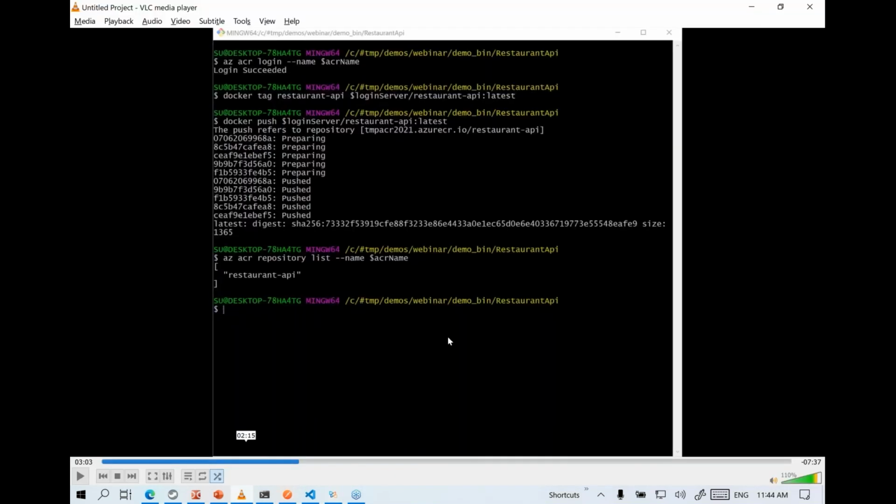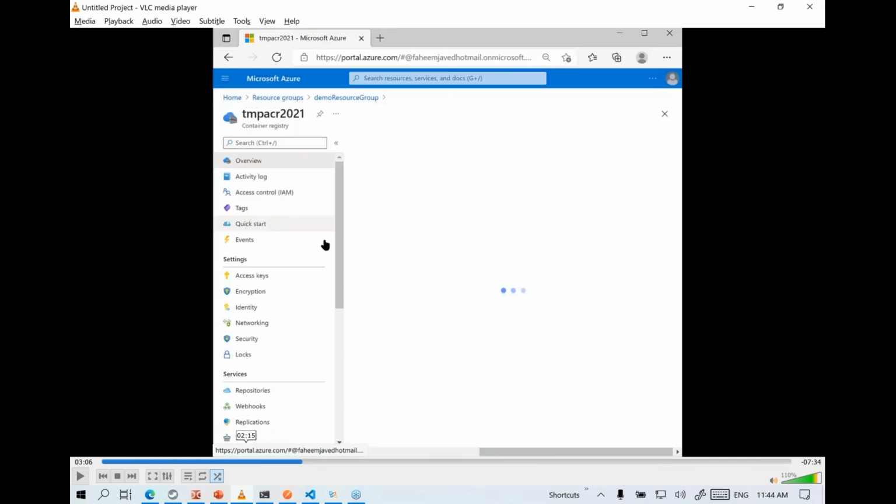Now, the images are available on Azure, but they are just sitting dumb on the hard drive on Microsoft servers. They're not running. You cannot access them. There's no REST API service available to us because it's just sitting on the hard drive. So next, we need to make sure we deploy it.